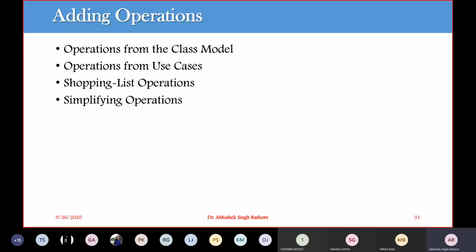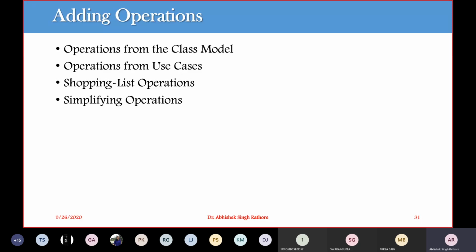Again, considering this ATM example, the shopping list of operations may include account closing, creating saving accounts, creating checking accounts, or ATM card authorization.